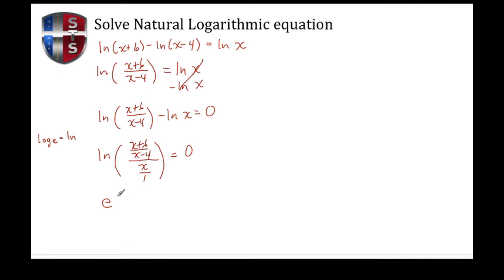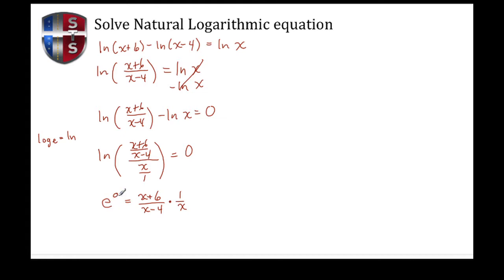I'm going to raise it to the power of 0, and I'm going to set e to the 0 equal to this complex fraction, but I'm going to move it around a little bit to help make it easier to solve. I'm going to keep my numerator, which is the x plus 6 divided by x minus 4, and I'm going to end up multiplying by the reciprocal. That's just a big word that means flip the denominator. So my denominator becomes 1 over x, and at this point I'm going to go ahead and begin resolving.